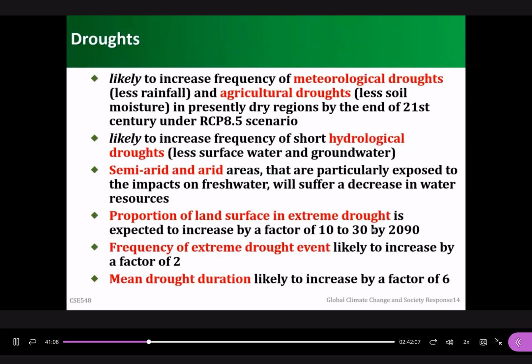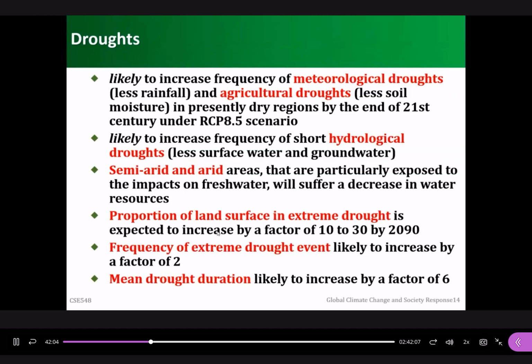So here it says the semi-arid or arid areas are particularly exposed to the impacts on fresh water. So here it also indicates the middle part, the source part of the US, because that is an arid area where the competition for the water resources is very severe. But in recent years, we also heard a lot of news about precipitation in desert areas, such as the Middle East as well as the west part of China. So here it also indicates the non-uniform distribution of the climate change.